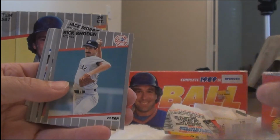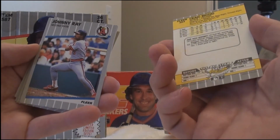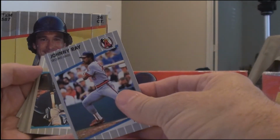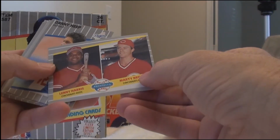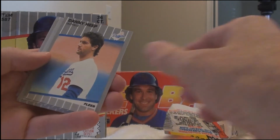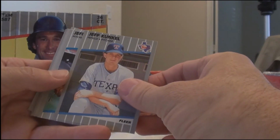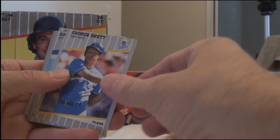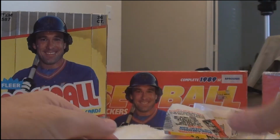Reardon, Greg Harris, Craig Biggio, I remember him, wow. Johnny Ray, he's got a very hard to find Starting Lineup, '89. Kelly Gruber, Danny Heep, George Brett. All right, folks, one more pack,